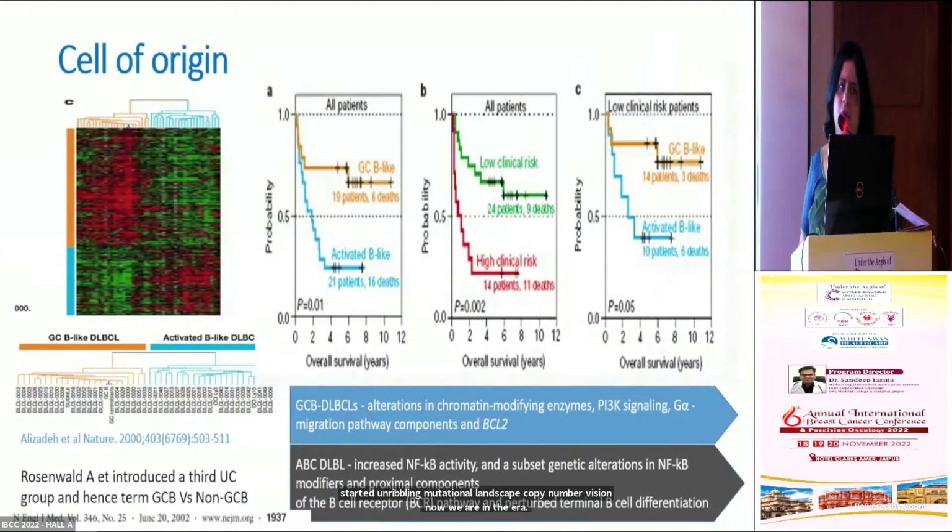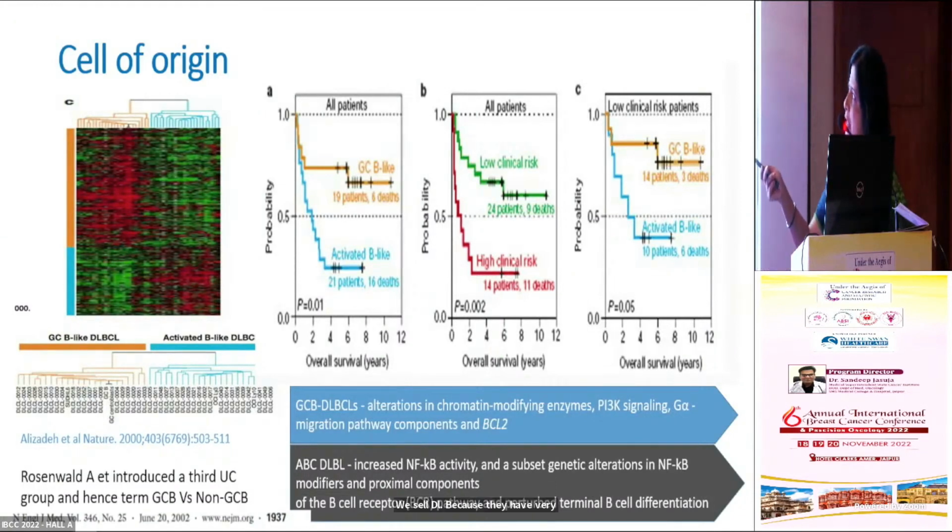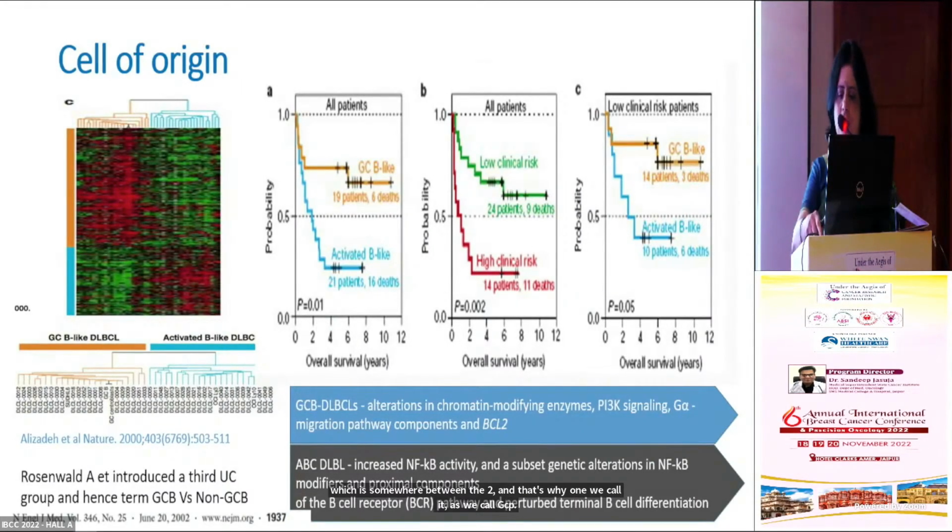I don't need to tell you this, that cell of origin is the thing. Thanks to Dr. Alizadeh's group, we know that the germinal-center DLBCLs behave much better than activated B-cell DLBCLs because they are enriched in NF-kappa B activity. There was a second paper which came in NEJM 2 years later that said that there's another class of DLBCL which is somewhere between the 2. And that's why we call them GCB and non-GCB rather than using the word activated B-cell